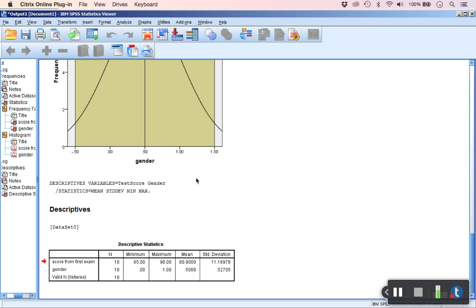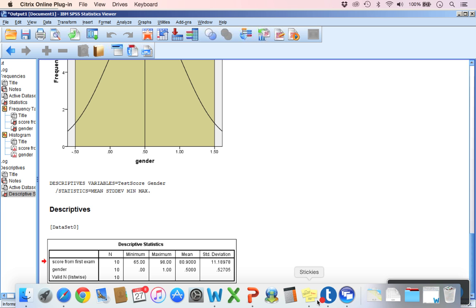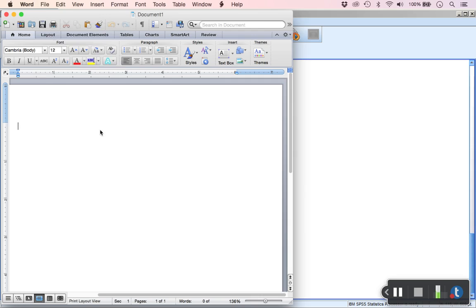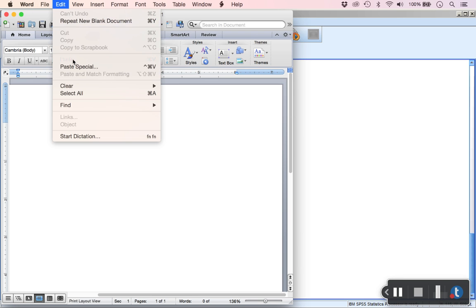So if you want to get our output out of SPSS, there's a couple of options. One is that they copy and paste actually pretty easily into a Word document. If I hover over the output box, they're in chunks or sections here. If you click on it, you can do a Command or Control C copy shortcut, or you can go to the Edit menu and select Copy. Now if you pull up a Word document, you can do a paste,